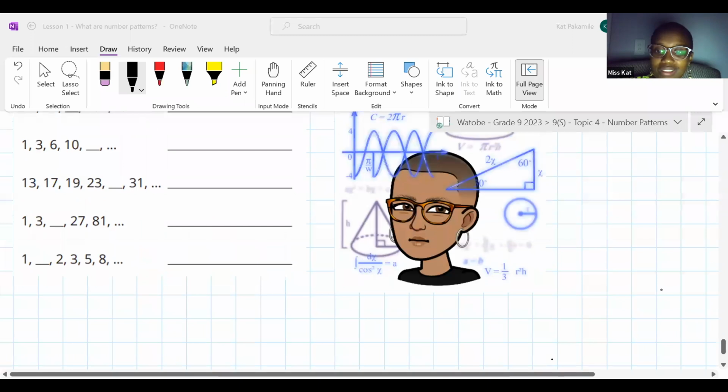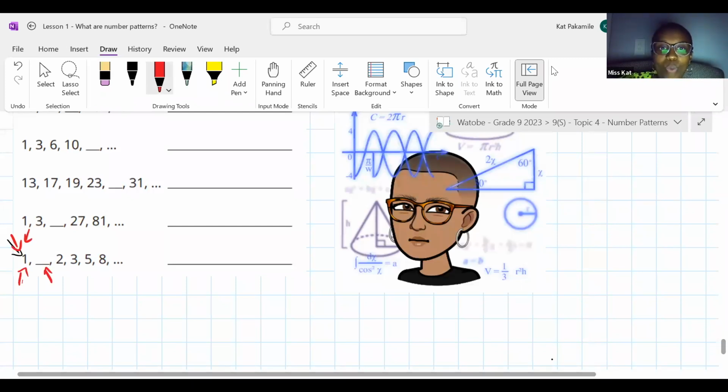Guys, let's get back to this pattern. Does anyone see what it could be? Siamtanda's hand is up. Siamtanda, do you have an answer for us? Yes, ma'am. For the first one, the answer would be 15. We're doing this one. Do you see it? Yes,